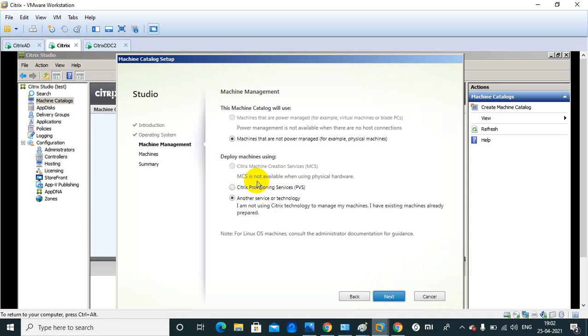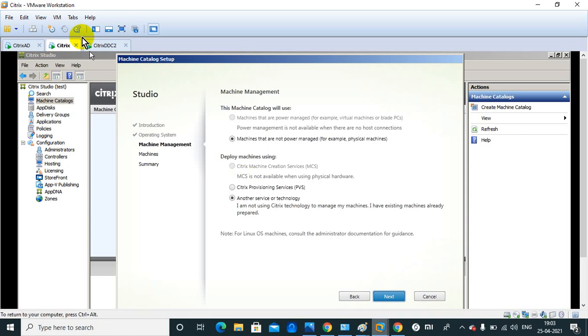MCS is not available when using physical hardware, right? Means MCS is only available once you are using virtual hardware. Virtual hardware means your backend should be a hypervisor. Hypervisor means Microsoft Hyper-V, Citrix Xen Server or VMware ESXi.